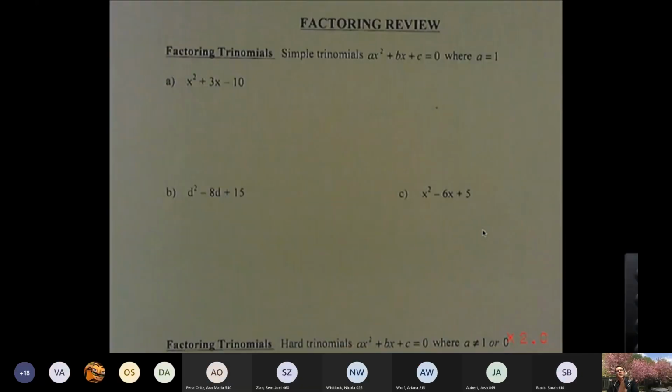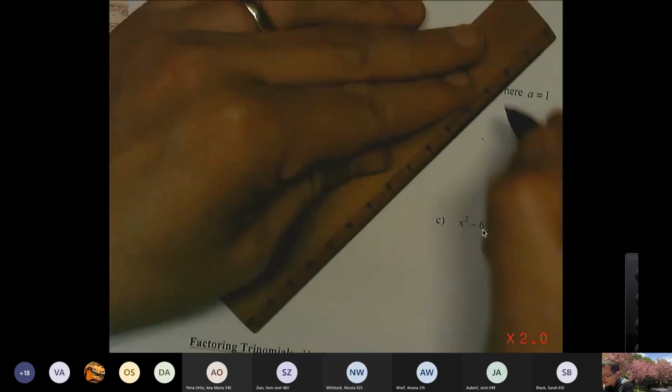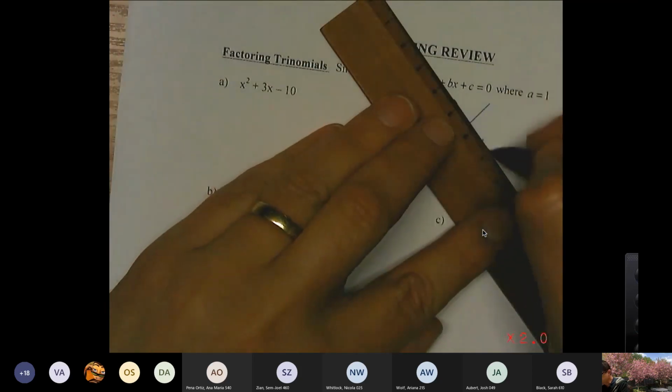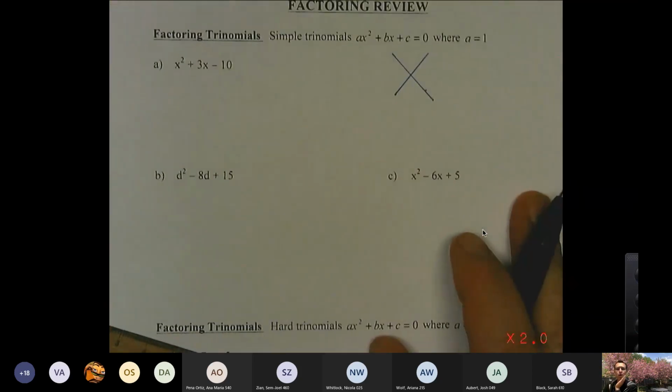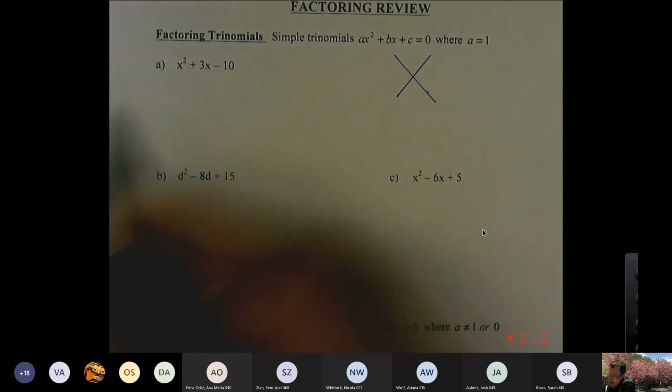Okay, so we're going to work on factoring trinomials. What we're going to do is I may do things a little differently than your teacher did, and that's perfectly fine. I like to play a little game. The game I like to play is I make a little cross or an X, and I say I need